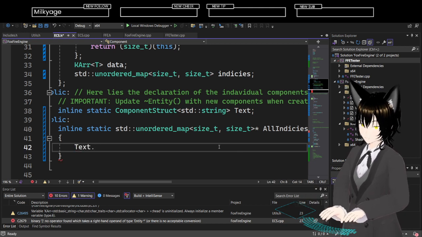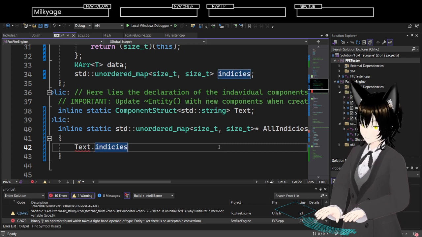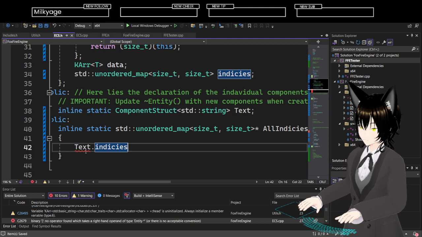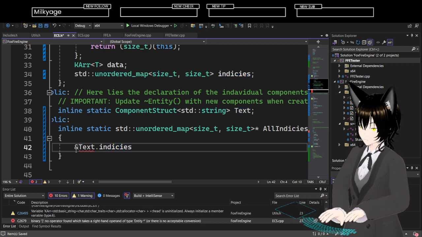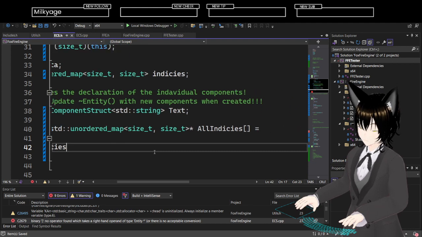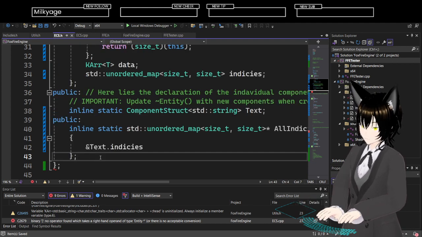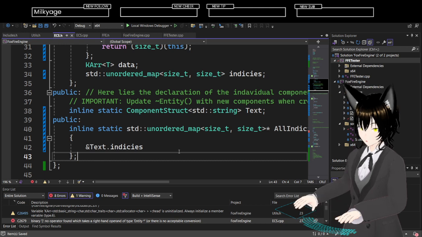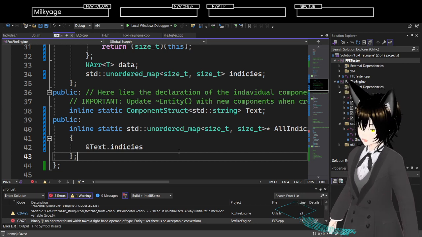Text dot indices. No, yeah. All indices. That should be fun. This is a little bit not great, because this is going to be a little bit problematic later on if I want to add custom stuff.